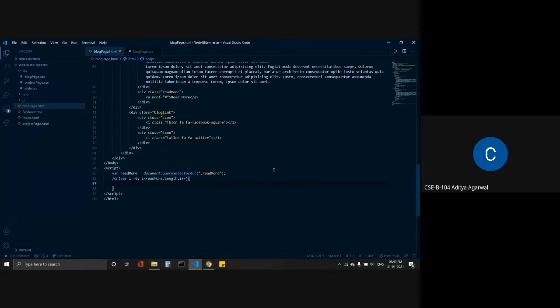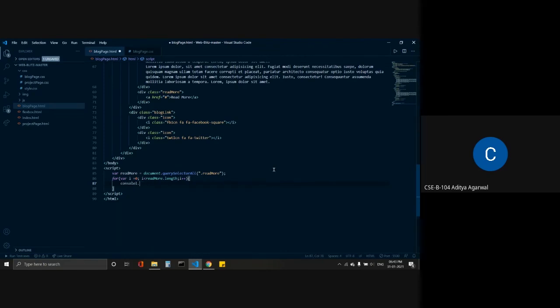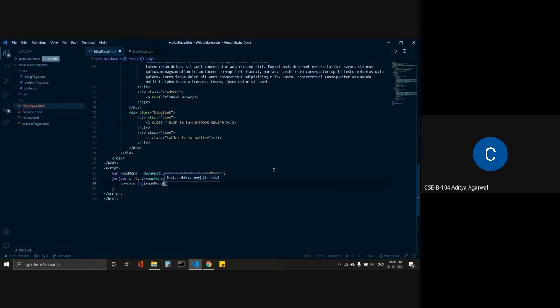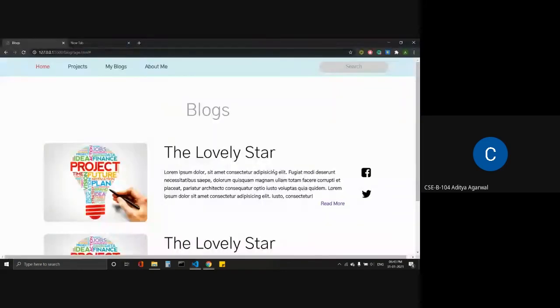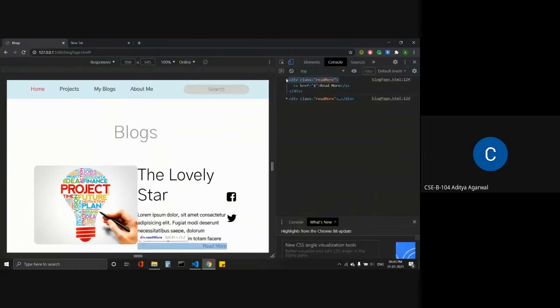Now I will store this read more element. Let me print it first and show you what we are getting. console.log. You can grab any element by square brackets and then i. We are getting two different elements printed on different lines.